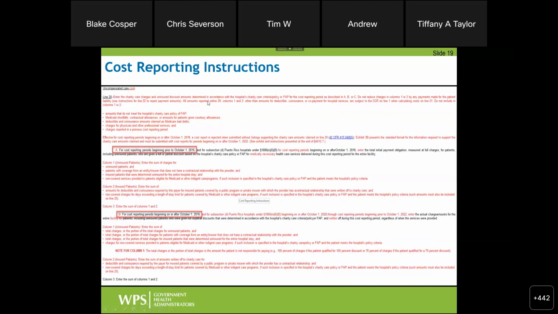So now I know this is a small slide. It's a lot of information on a small slide. I'm certainly not going to read through it all, but I just wanted to give you a view of what it looks like now, how it's much cleaner than it used to be. For example, this is line 20, cost reporting instructions. Instead of one giant paragraph they used to have where everything was just kind of mushed together, now they have bullet points. So for example, it says, here's what you are reporting, here's what